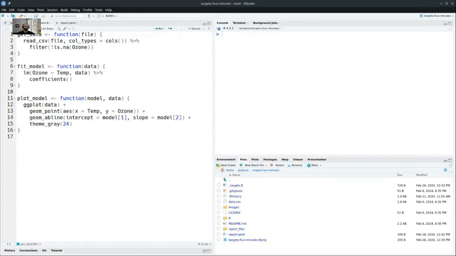So before you even get started with targets, I would do what you do, which is to write a bunch of standalone R code and put it in an R folder of your project and express that in terms of the functions that describe the data analysis. And to develop and test those functions on your own, play around with them, see what works on small test cases. I found that to be a really useful place to start before putting it into a targets pipeline.